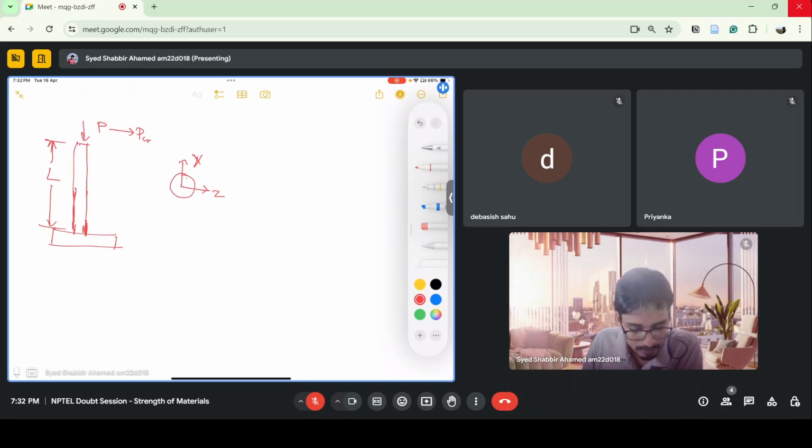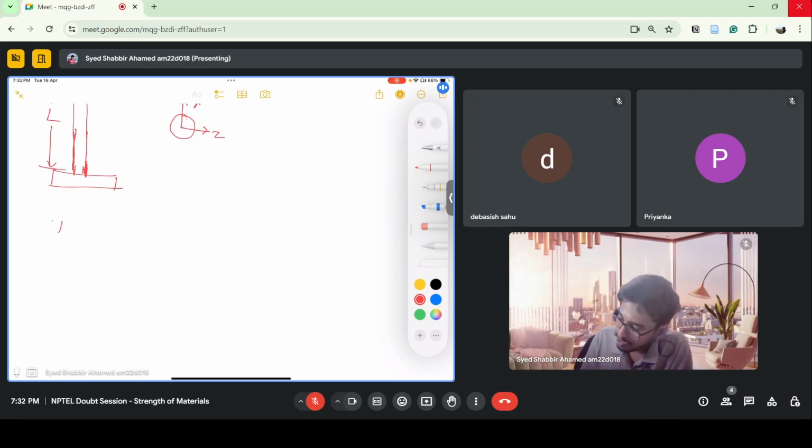We have seen the equivalent length, or the effective length, right? So we have the critical load, which is equal to pi square EI by Le square. So this is the equivalent length for